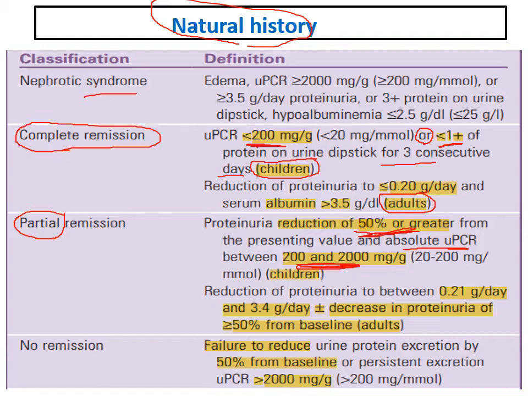ليه؟ لان لو اقل من 200 مللي جرام يبقى ده كومبليت ريميشن. طب لو هو اكتر من 200 لغايه 2000، يبقى ده بارشال ريميشن. ده الكلام ده فين؟ في التشيلدرن. طيب في الادلتس امتى اقول عليه ان ده بارشال؟ في الكومبليت ريميشن في الادلت قلنا less than 0.2 جرام او اقل من 200 مللي جرام. طيب امتى اقول عليه بارشال؟ لو اكتر من 200 مللي جرام او ازيد من 0.2 جرام لغايه up to 3.5 جرام،